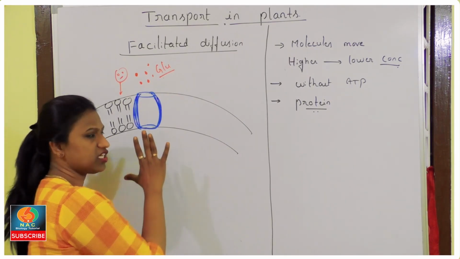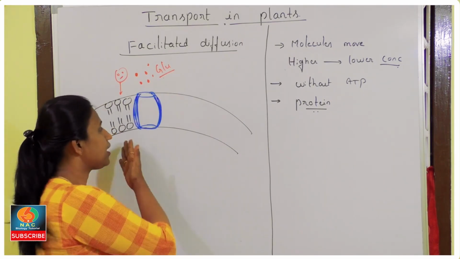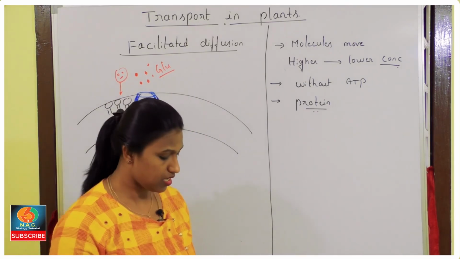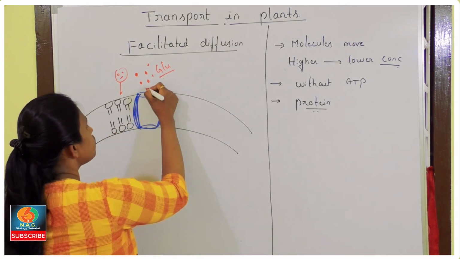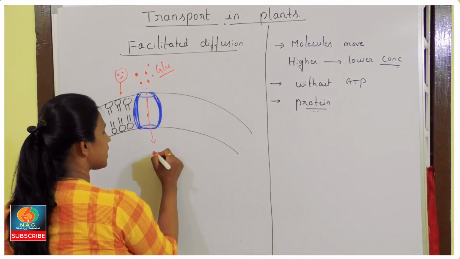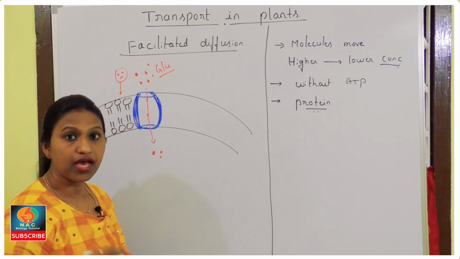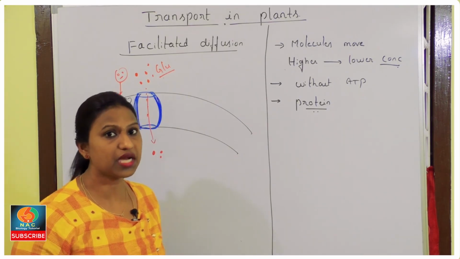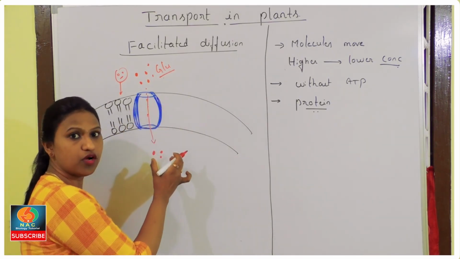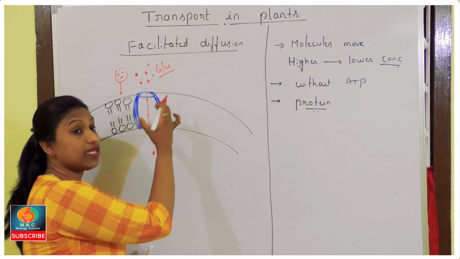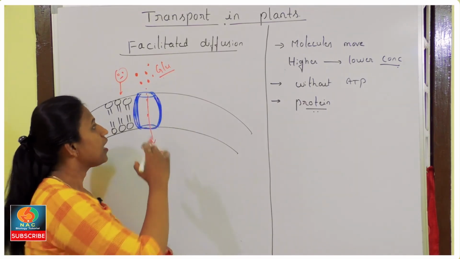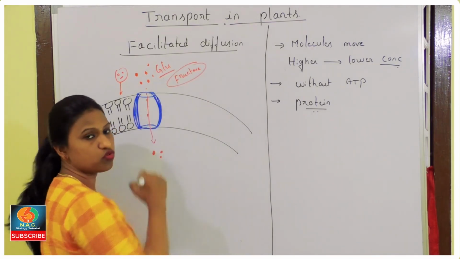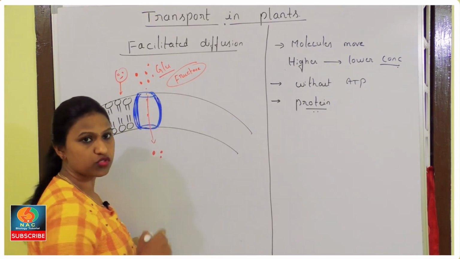Okay. So it is not differentiating anybody. Anyhow, the lipid bilayer is not allowing you. Don't worry, I am facilitating you so that you can get inside the cell. So with the help of this protein, the glucose molecule can easily enter inside the cell. Okay. But these proteins are very, very specific. If they are committed to this glucose molecule to move through it, then it will not allow anybody else through this. Say for example, if the fructose is there, if it is committed to the glucose, then it will not allow the fructose to pass through it.